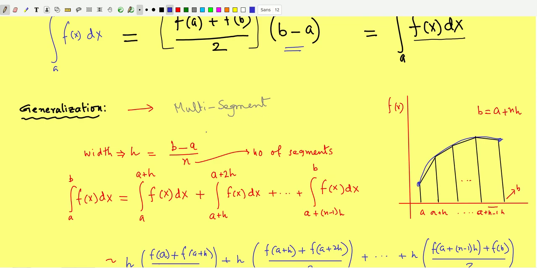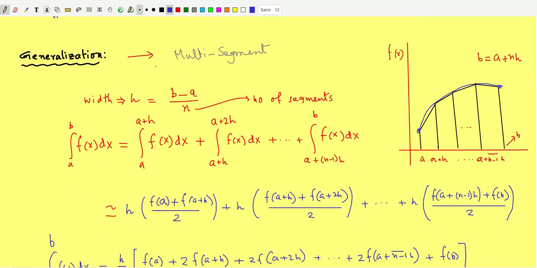This is called the multi-segment generalization, and I am just using these results repetitively. Here, another perpendicular straight line is drawn, which divides the interval into multiple segments, multiple partitions. That is a, then a plus h, where h is very small, then a plus 2h, and so on, up to the last one, b, which is a plus nh, and before it a plus n minus 1